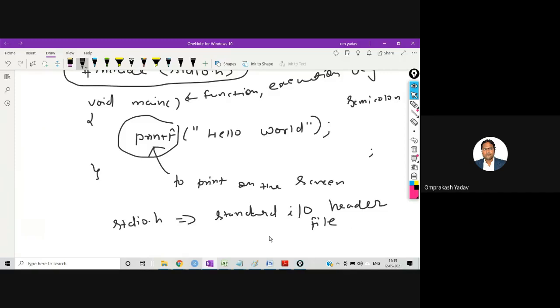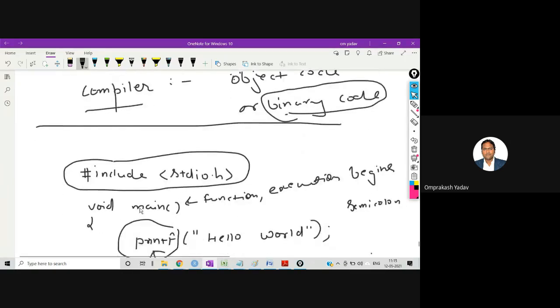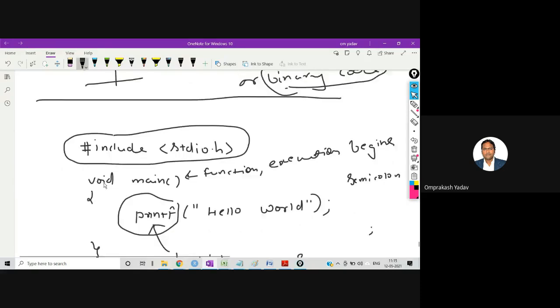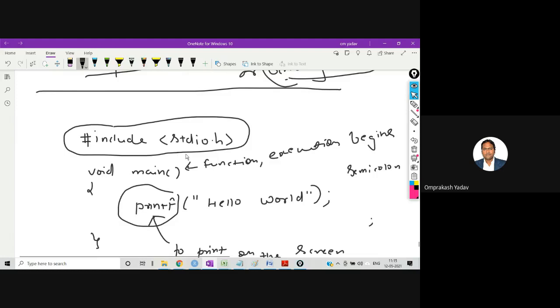Whatever things, if you want to take the input or if you want to display the output, you will have to include this header file. This library you will have to include. This is how it is included, by writing hash include, and this is written on the top of the program. In the angular brackets you can write whatever header files you are including, which are already present. Those you can include by angular brackets.